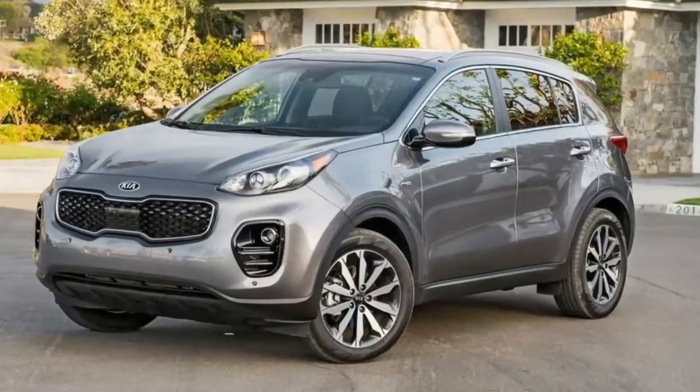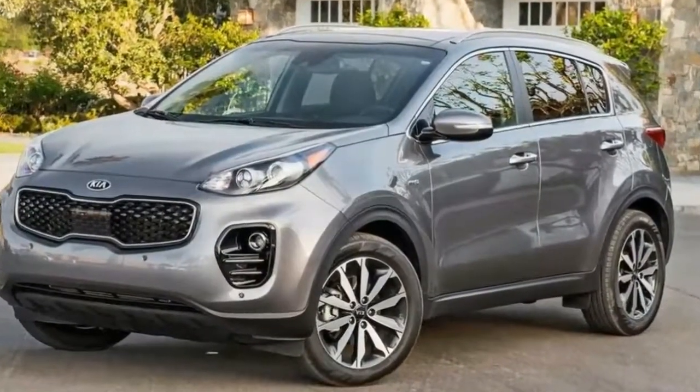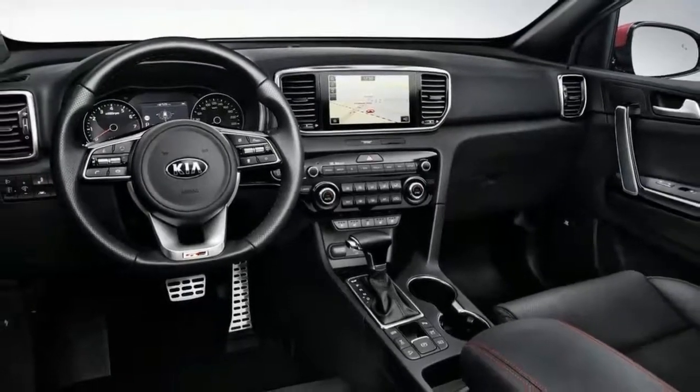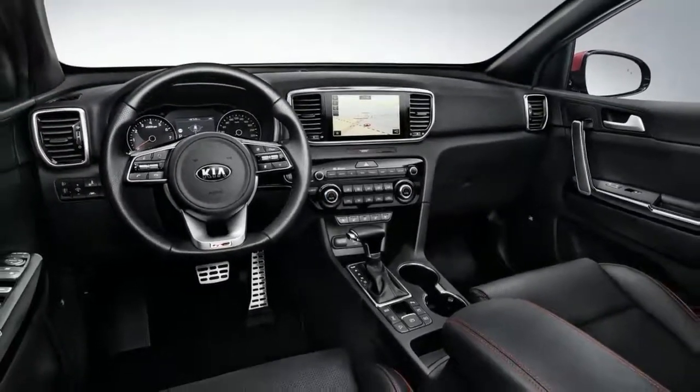By hybrid SUV standards, the Sportage likes an awe-inspiring road. It rides well, without much harshness, especially in LX trim with its soft